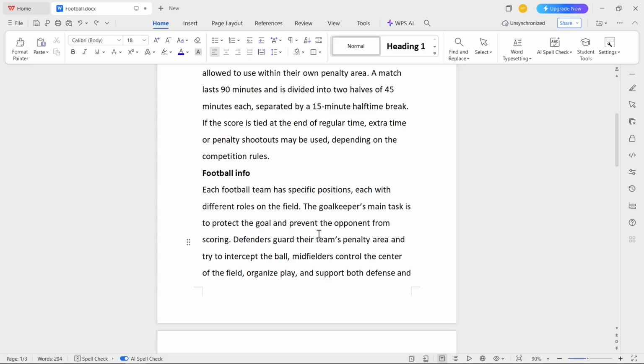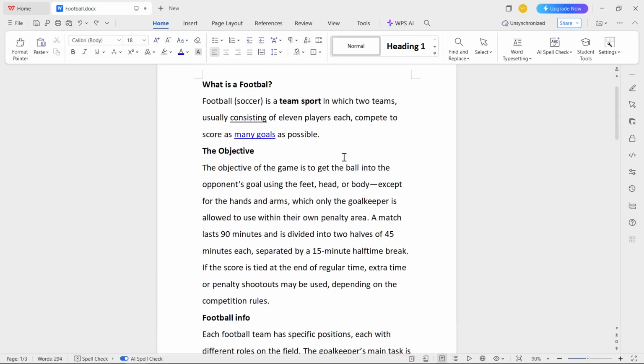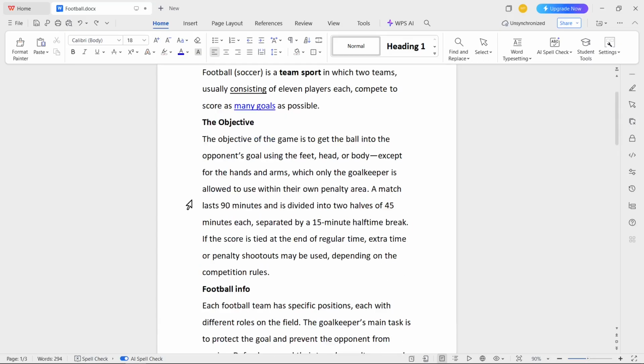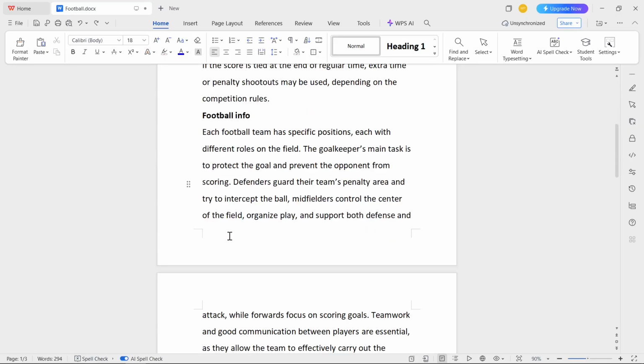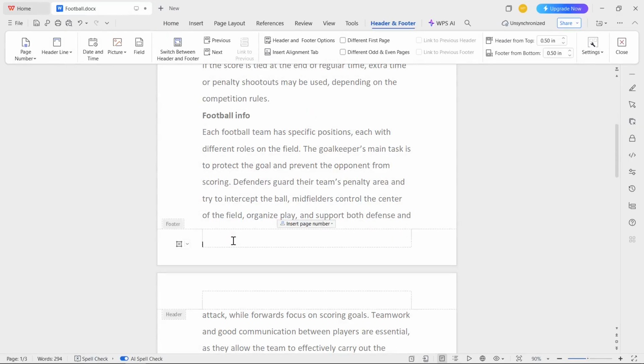Hi, in this tutorial I'm going to show you how to set different footers in WPS Office. For example, we have here our first page. If we would like to edit the footer here, we need to double-click on the footer area, and then